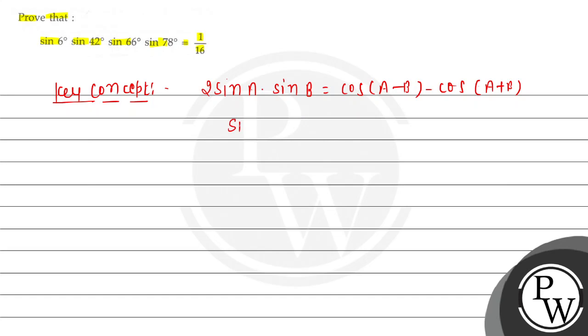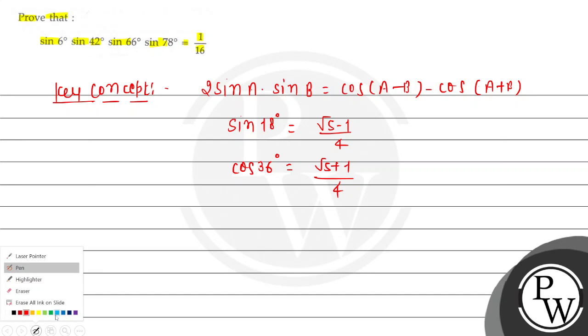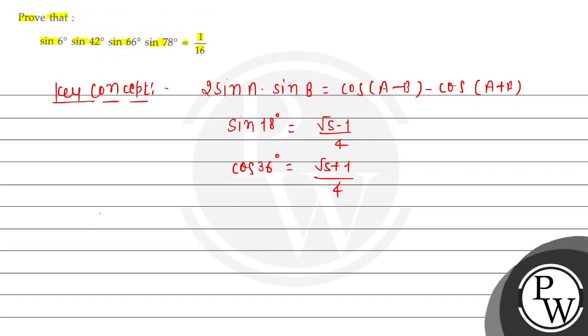Sin 18 degree can be written as root 5 minus 1 by 4, and cos 36 degree can be written as root 5 plus 1 by 4. This is important to solve this question, so keep it in mind. Let's come to the question, and the question is given as sin 6 degree